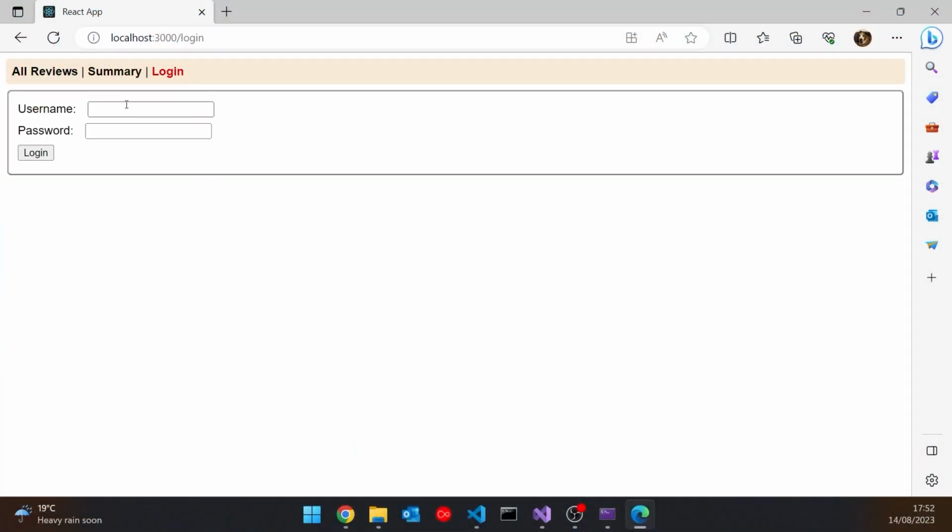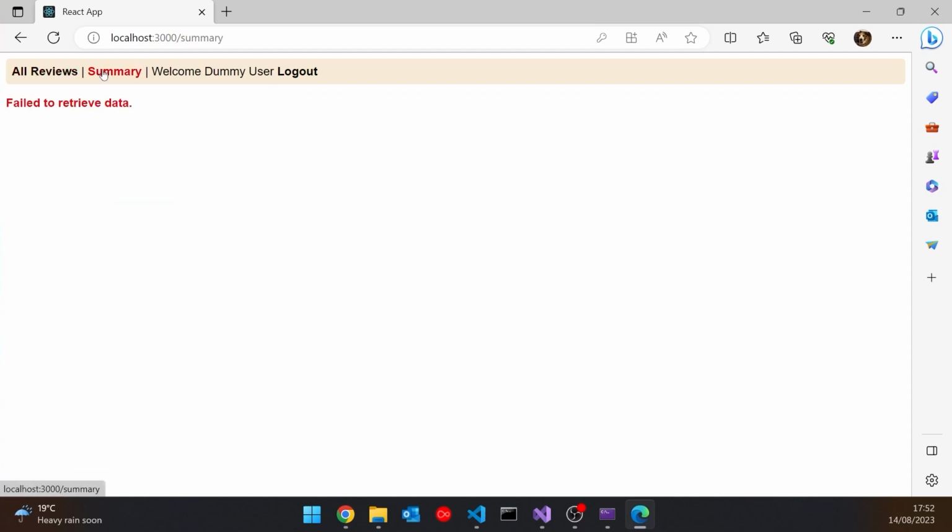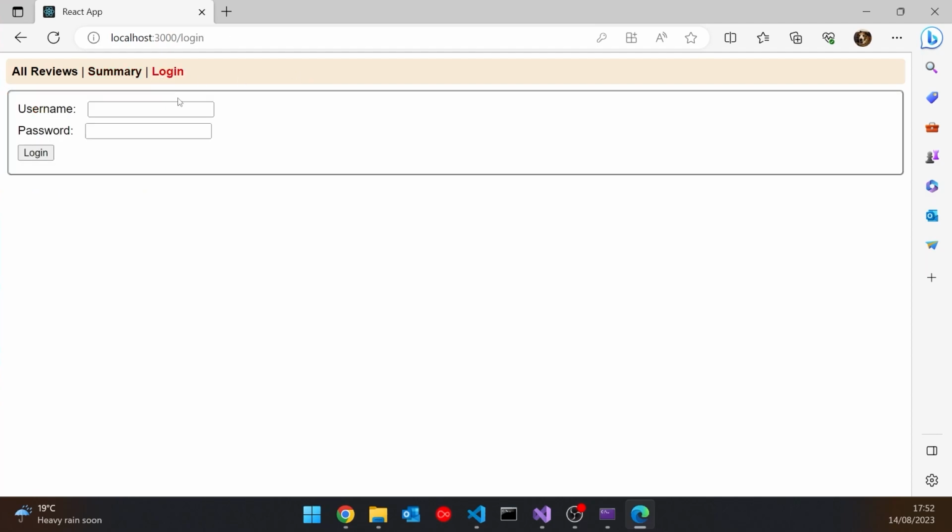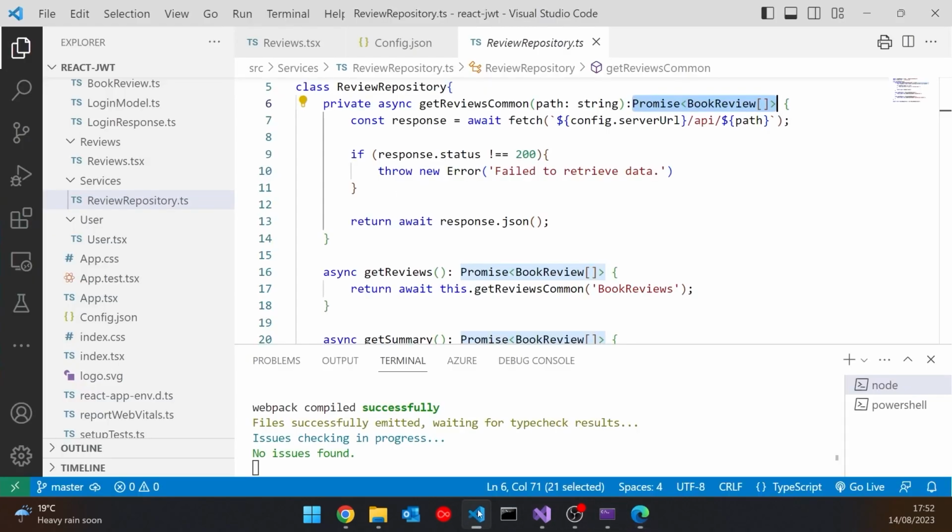So what happens here is at the moment, if we go to the login page and I log in with any old data at all, so that's obviously not the valid username and password, but at the moment it does log us in. It gives us a dummy time. It gives us a dummy user. Still obviously can't actually connect because we haven't properly logged in, but we also have a log out, and therefore we just go back to the original state. And that's just to save a bit of time in doing some coding.